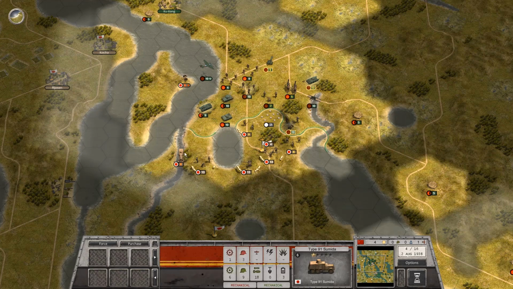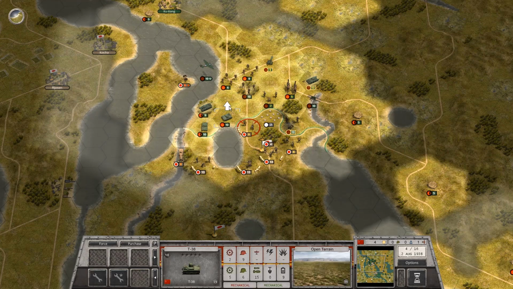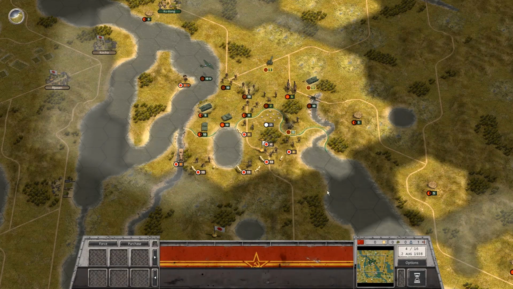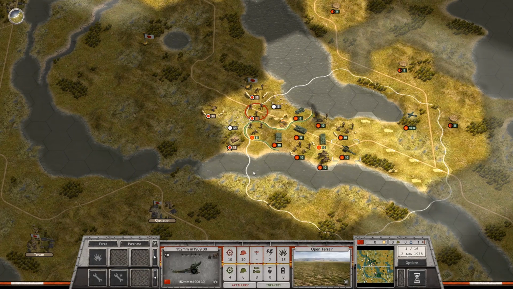Alright, let's use you to block the area. It seems like they're repairing that. Can't very well go out and attack them. I mean, I can hope that they'll attack my conscripts. That wouldn't be the worst. And then here...